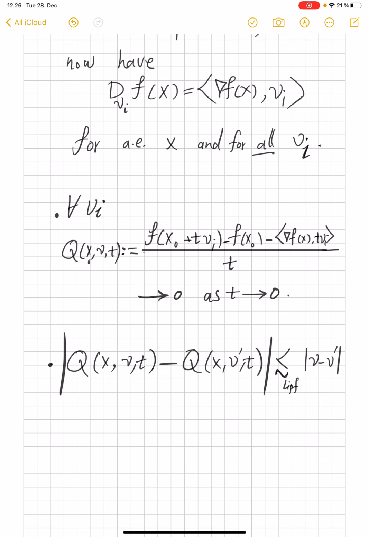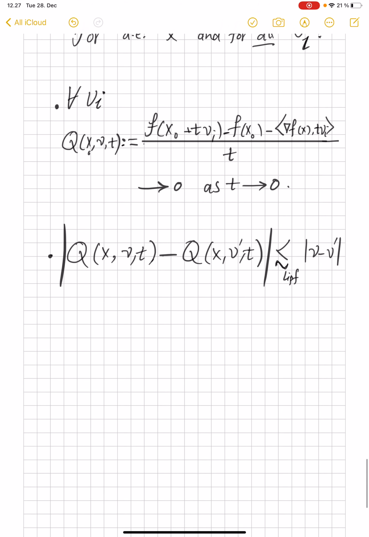That's the most important contribution of f being Lipschitz here: if instead of looking at direction v, you look at direction v prime, then this is the worst error that you will incur. From this,